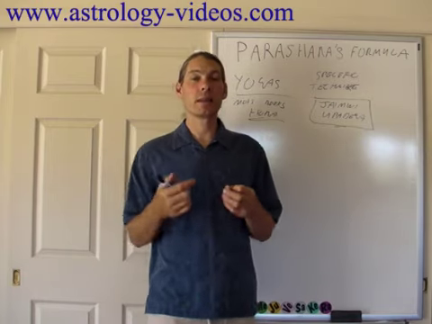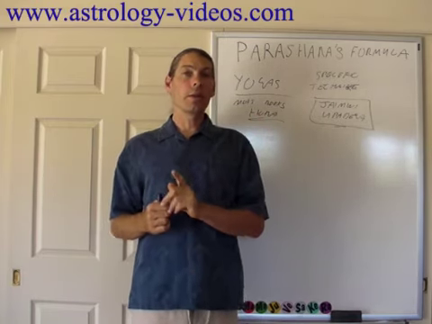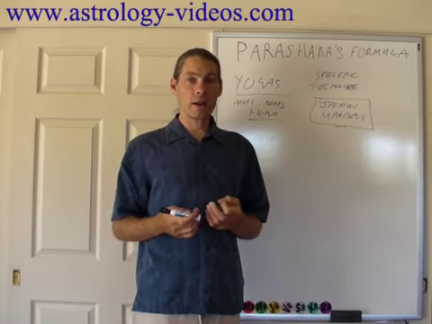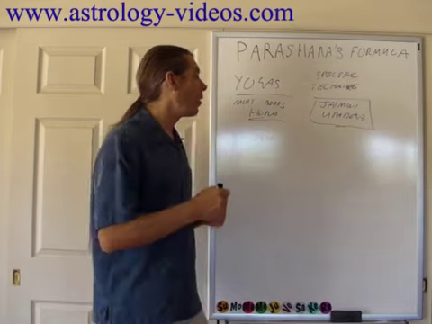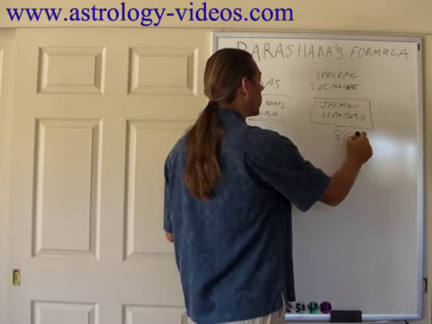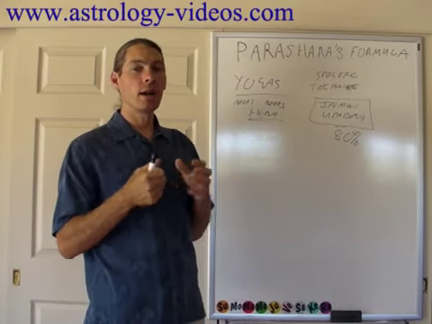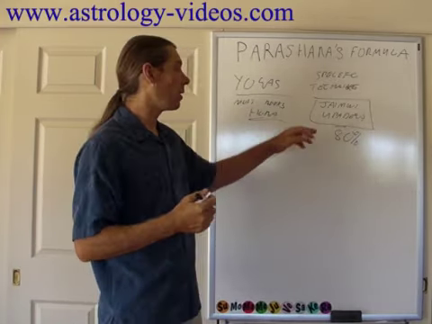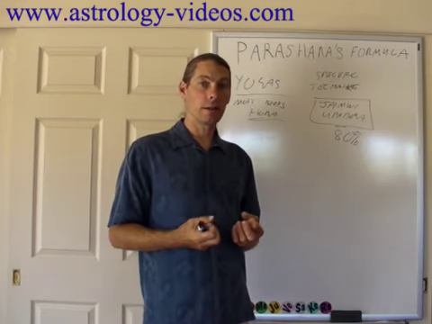Very concrete techniques where each technique only applies to one thing, but it does it in a very accurate way, much more accurate than any other technique out there. I always say a Jaimini technique, when it's done right, will give 80% or better results. If you're not hitting 80%, you're not doing something right with Jaimini techniques. That's an awesome success rate for an astrological technique, okay?